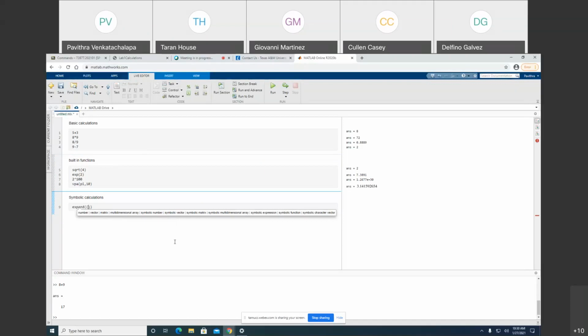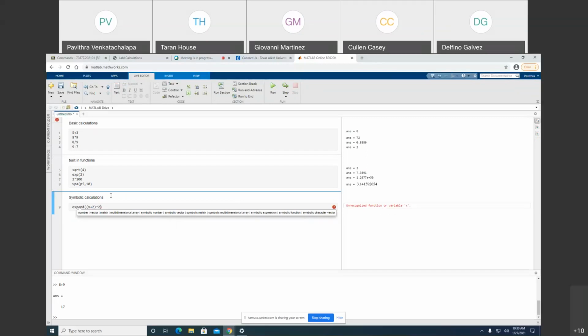Okay, you can use the command called as expand, open the bracket again, and I will write it as x plus 2 the whole square. So whole to the power of 2. Hit on run. It is giving me an error, which means